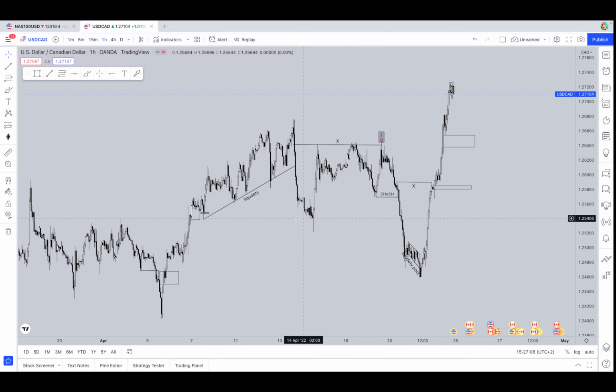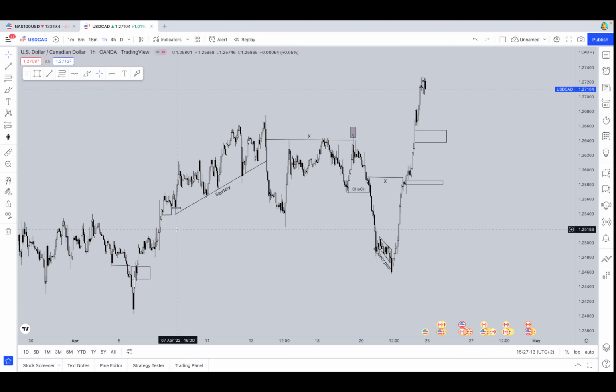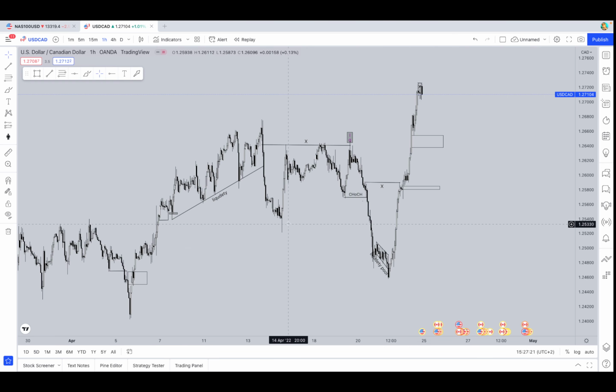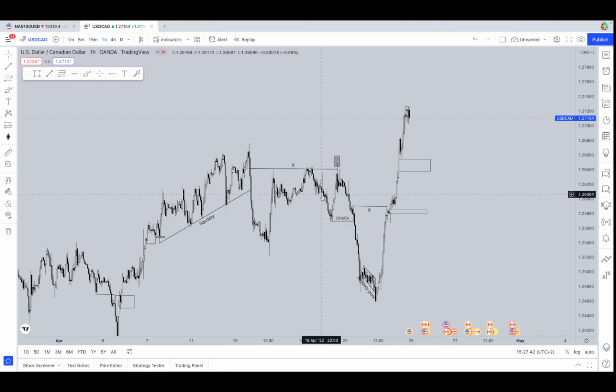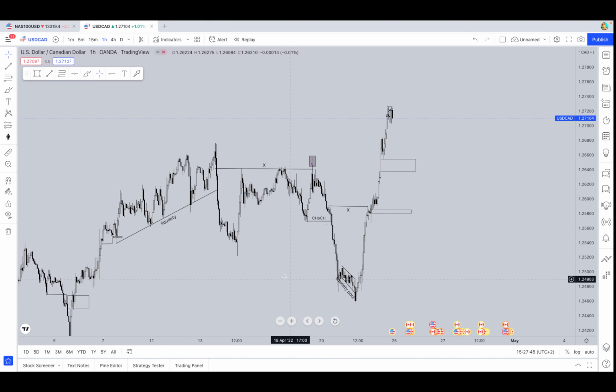So you see the market rips down, grabs all the liquidity that has been building up the last couple of days, and then reacts from an order block position and a supply in this area with a really significant candle with a long wick. Then we see the market trade straight back up into this position and build up liquidity again. My liquidity is marked with the X, but for you guys, just do whatever makes sense for you. What caught my eye is that the market again traded higher,